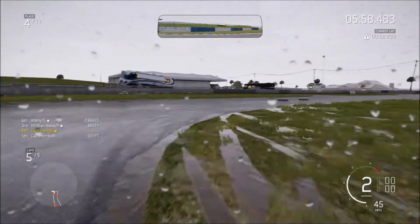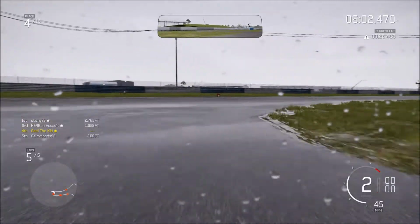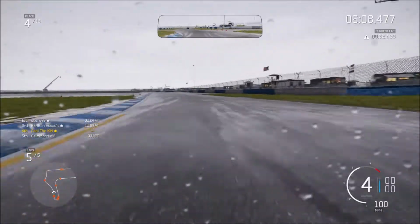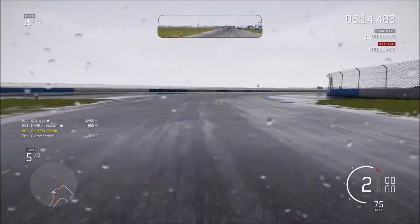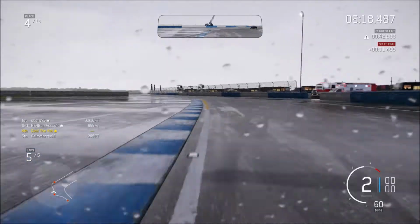I took it really conservative. I usually take braking conservative in the rain if I'm not battling somebody, because once you're off, it's basically the end of the race for you. It's really hard to get back in the wet. We got this right again. I think I did Sebring on the last